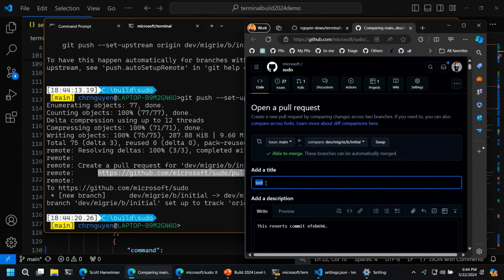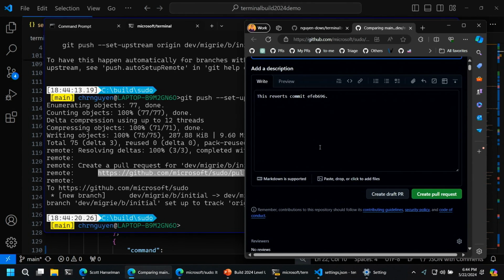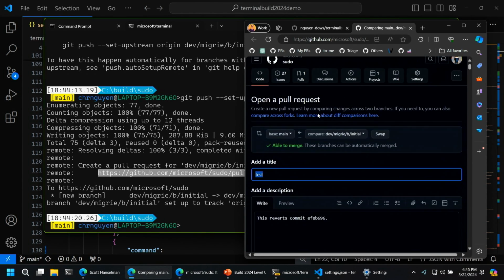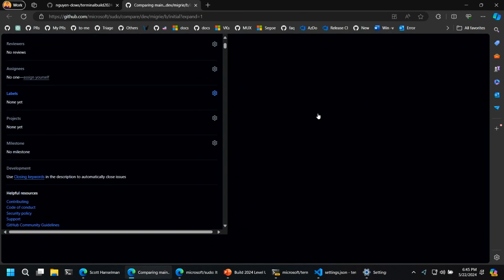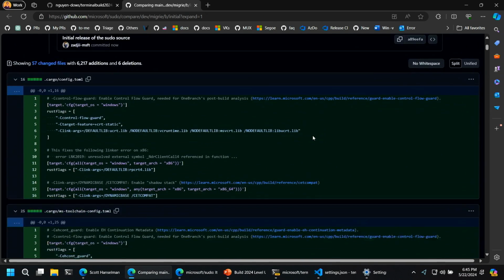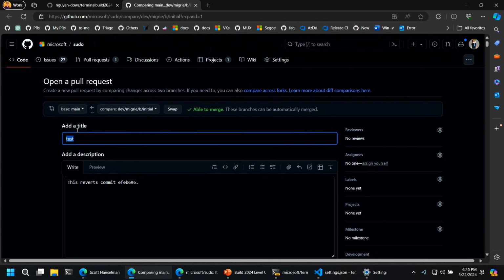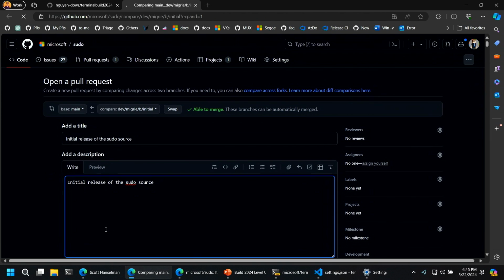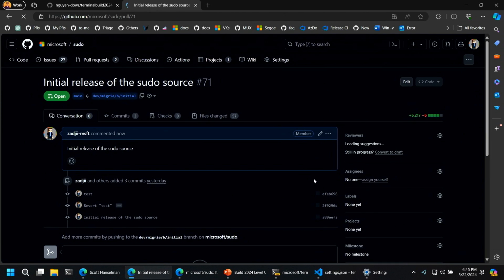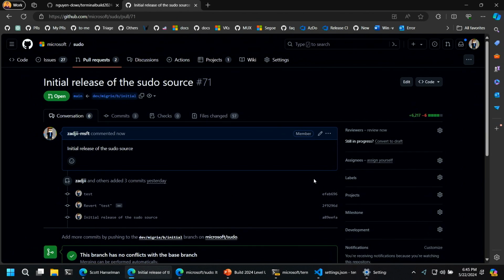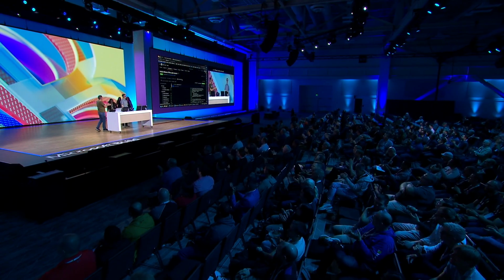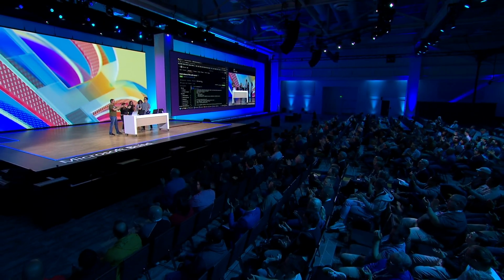You have 30 seconds. Is this the right commit? Let's make this bigger. Hurry. Oh yeah, that looks like source code to me. They're going to turn off the live stream. 18 seconds. Initial commit of the sudo source code. Copy. We're going on Hacker News. Paste. 10 seconds. Enter. Come out and support us. 5 seconds. Big hand for the team. It's Kayla, Maddie, Mike, and Vicky. Thanks for letting me do that.